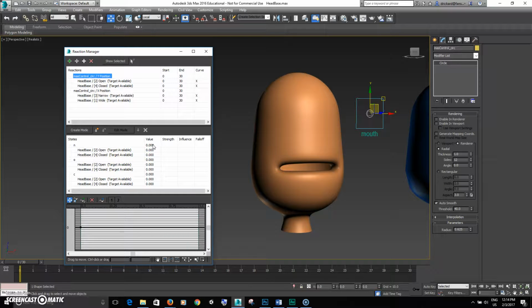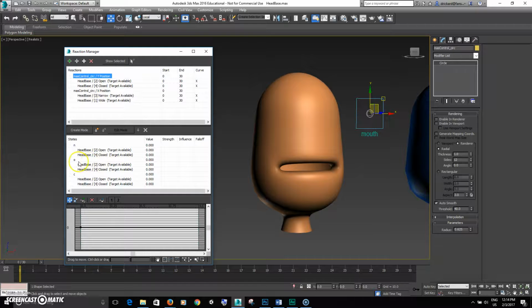Okay, so that's a little bit confusing because this value can be different things. It does say 0.000, but it's not just percentage, and it's not just a positional value. It really could be almost anything in here. So in this case, this one happens to be a position. This one happens to be a percentage of a morph. So at neutral, I don't want anything to happen, so I'm going to leave it at 0 and 0 and